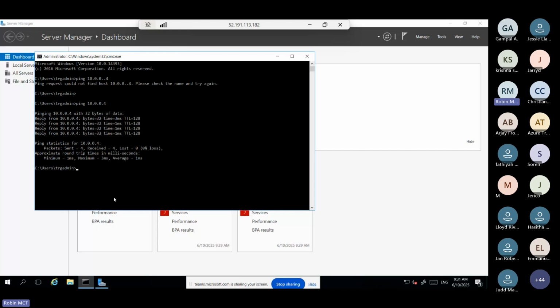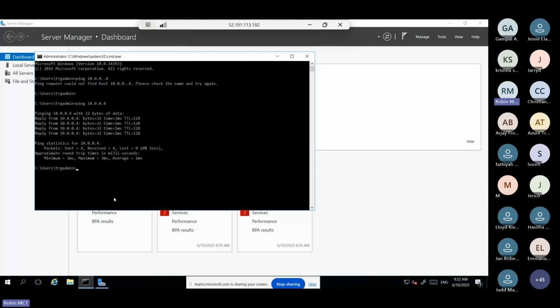You don't need any kind of routing. That is the important point all of us need to remember in the cloud: by default, all communication is possible. I've given all the technical notes in the chat; you can refer to that.